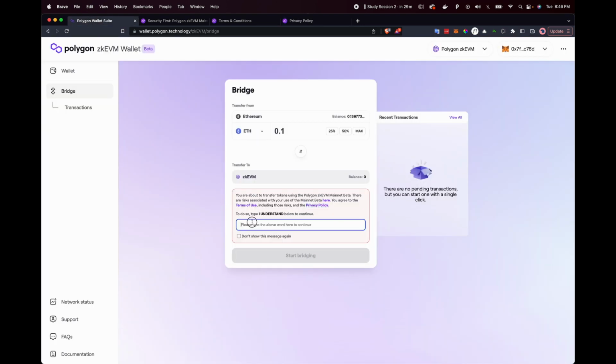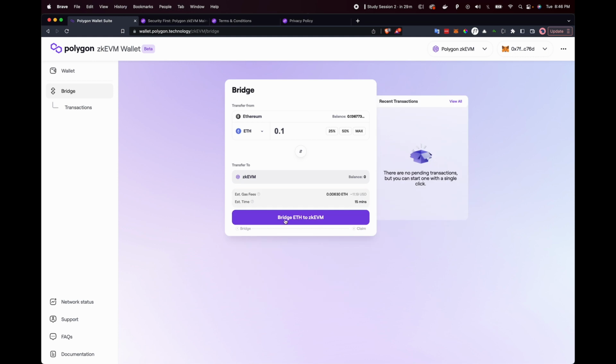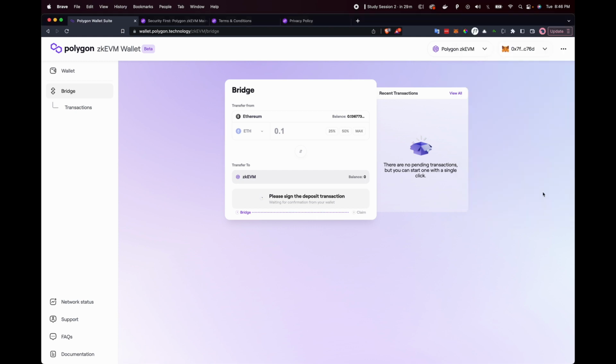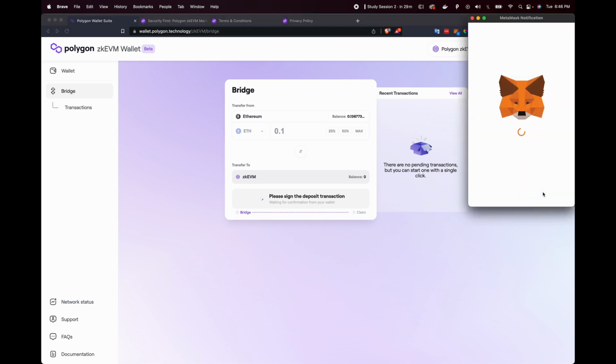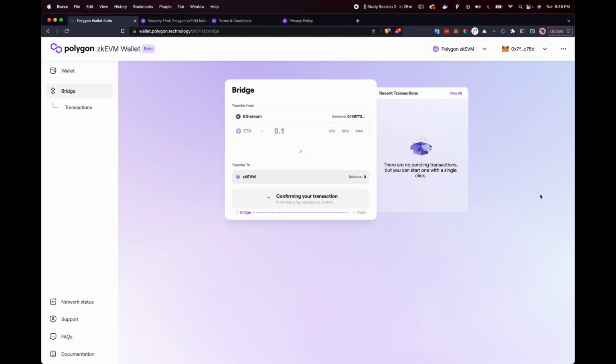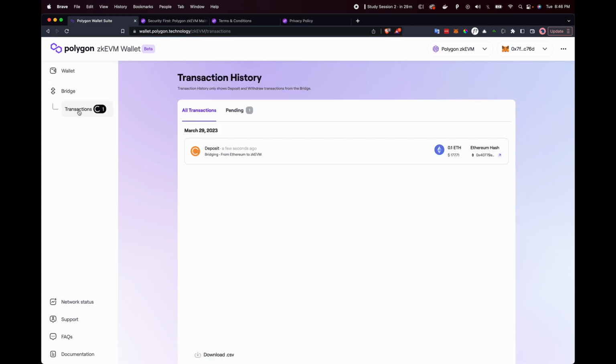So once you've read that and you fully understand your obligations, you type here I understand and click on don't show this message again for it not to pop up again, and then begin to bridge ETH. Click on switch network for it to begin the process, and from there we sign the deposit transaction for us to start that process, and that's it. The transaction begins to process, and from there we come into the transactions view for us to wait for the